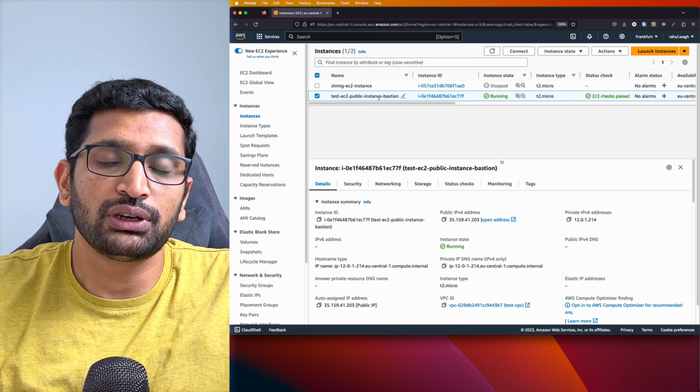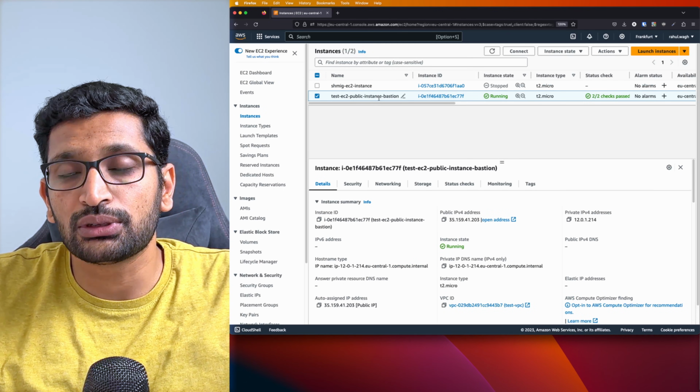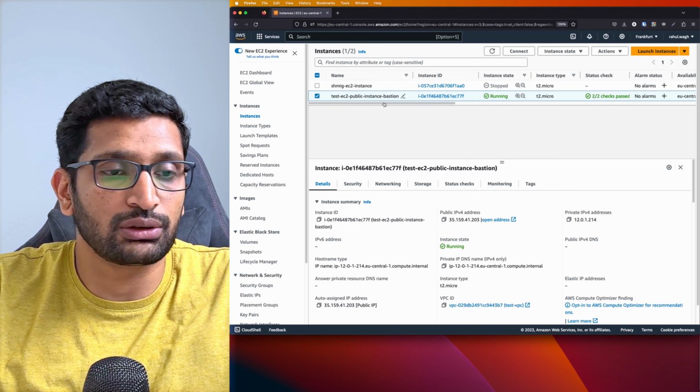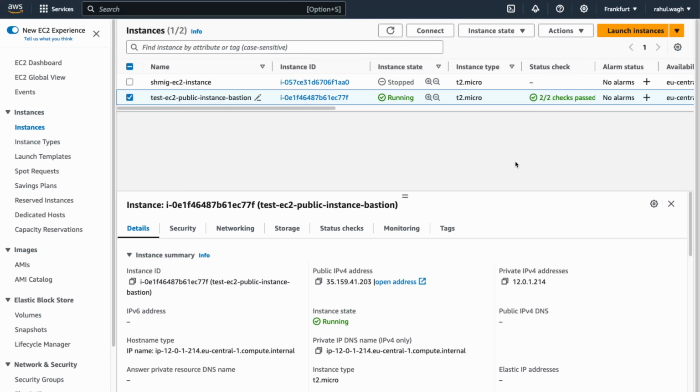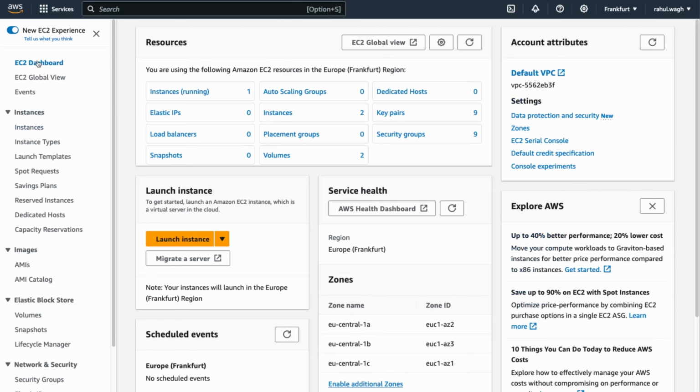The next thing which we need to do right now is to create an EC2 instance in our private subnet. If I take a look at this diagram once again, we are done with the creation of the Bastion host. Now we need to create an EC2 instance which is in our private subnet. And if I compare with my example, that's our castle. So again, we just need to go to the EC2 dashboard and click on launch instances,